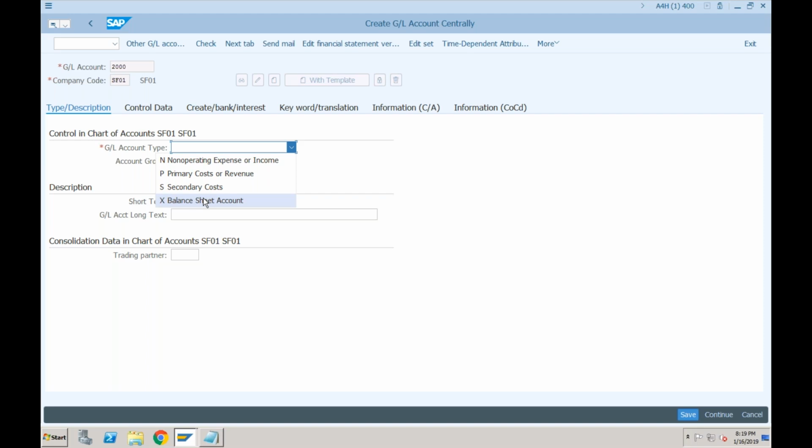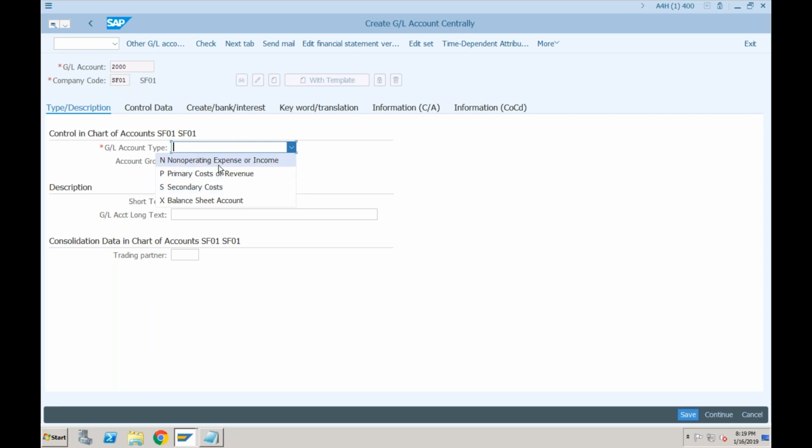And as I told you, in SAP S/4HANA, whenever you are creating the secondary cost elements, you need to create a GL account, right? So whenever you want to create a GL account for secondary cost elements, you have to use secondary cost.